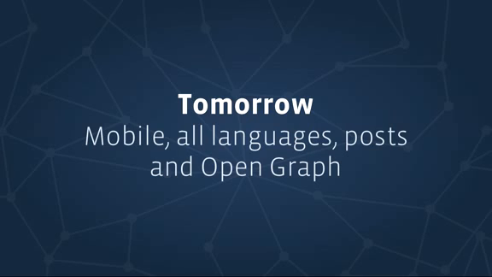All languages, obviously we want to make this available to everyone in the world. We're starting off with English because we speak English. About 40% of Facebook users speak English, so we think that's a good place to start, especially when this isn't rolled out widely, but we want to get this to everyone. We want to index all of the posts and all of the content on Facebook, and that's going to be another big job that is really exciting. And of course, eventually we want to get to Open Graph, which is going to be a massive challenge, but it's going to be a lot of fun to take on.